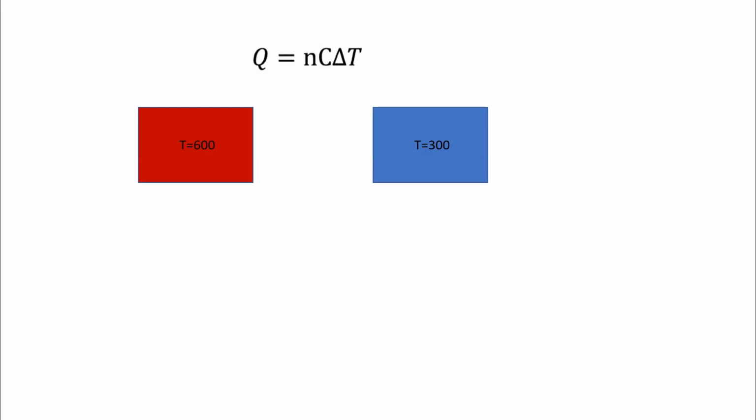But let's look at another one. Let's say that we can apply this to a solid. And let's say that I have two solids, a hot solid and a cold solid. Now you say, what happens if I put these two solids together? Well, if they're the same size and they're made out of the same material, we know exactly what's going to happen. It's going to turn into some lukewarm combination of the two.